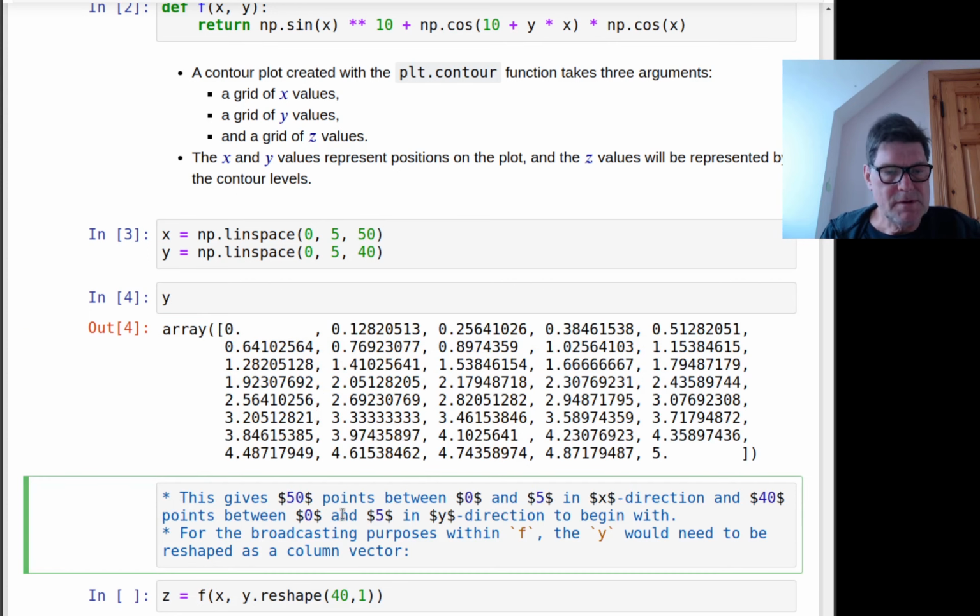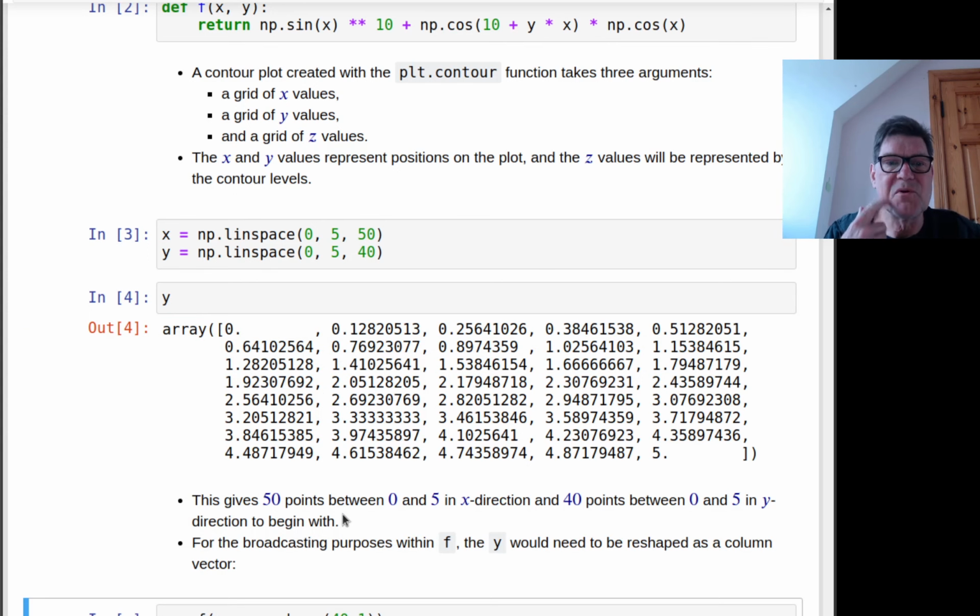So this gives us 50 points between 0 and 5 in the x direction, 40 between 0 and 5 in the y direction. That's a total of 200 pairs on which the f function is to be evaluated. And now in the NumPy sense, in an efficient sense, you want to allow NumPy to work on x's and y's simultaneously. In particular, here the product of y and x